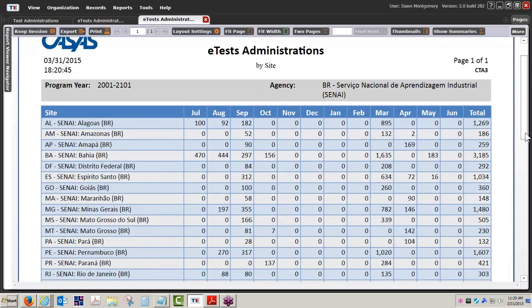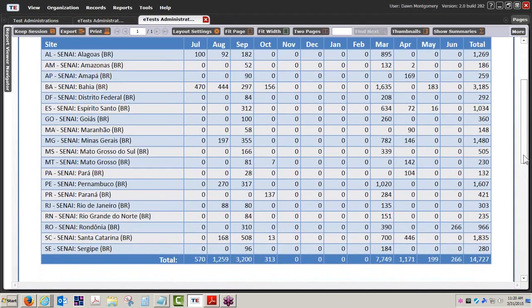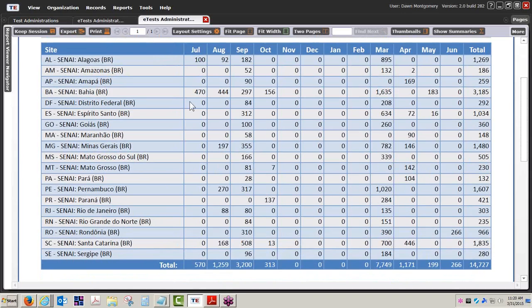Alrighty here. These are all the sites set up for this agency, and these are the number of test administrations. Now, even though this agency is unique and it's set up on what's called a continuous program year, and we help them manage their data per calendar year, the report itself is still hard-coded to display the months within a calendar year starting at the beginning of a fiscal year or a traditional